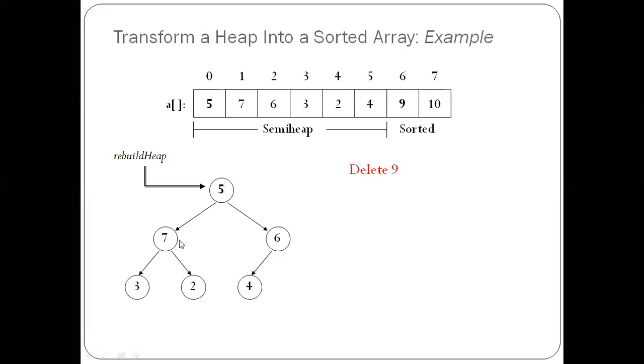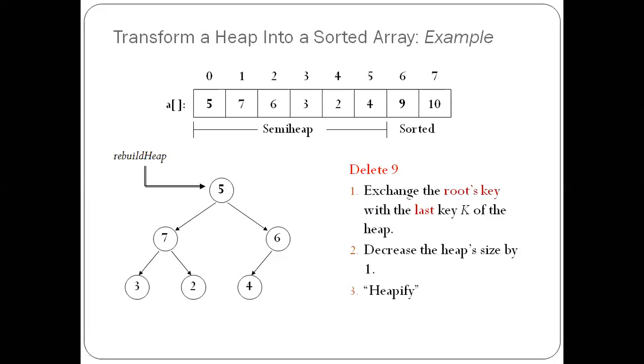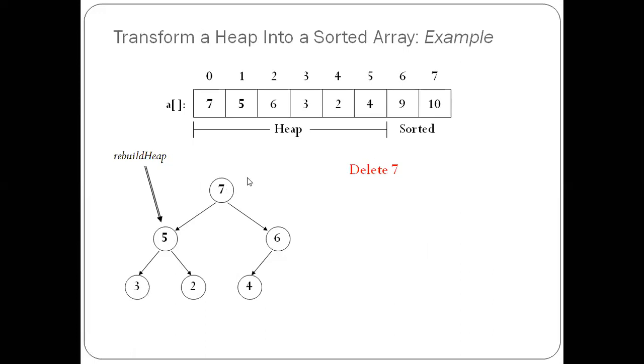So with respect to 5, that is not satisfying the heap property because its children 7 and 6 are higher values. Again, finding the larger element out of its children, that is 7. 7 and 5 are interchanging, so you will be getting this as a heap. Again, 5 has the children 3 and 2. This is already satisfying the heap property, so no need of any updation.